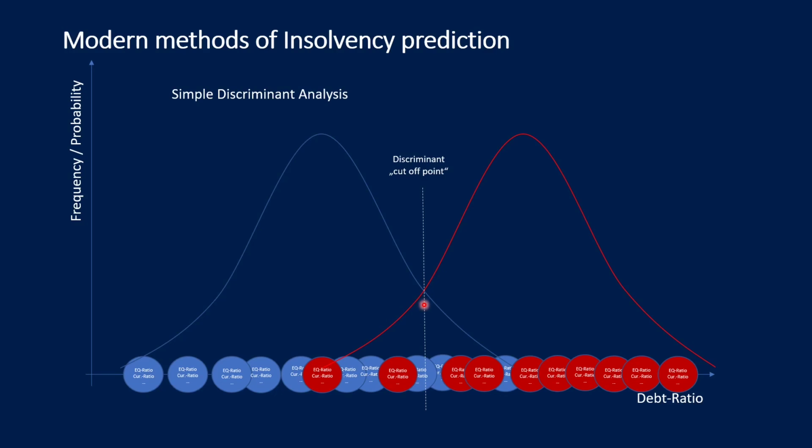I would guess that banks, for example, who fear severe losses from bankruptcies, will rather go to the left and sort out more good ones than suffer losses from the bad ones. So this is also a trade-off in cost. The cutoff point is not necessarily the point where the two curves intercept.